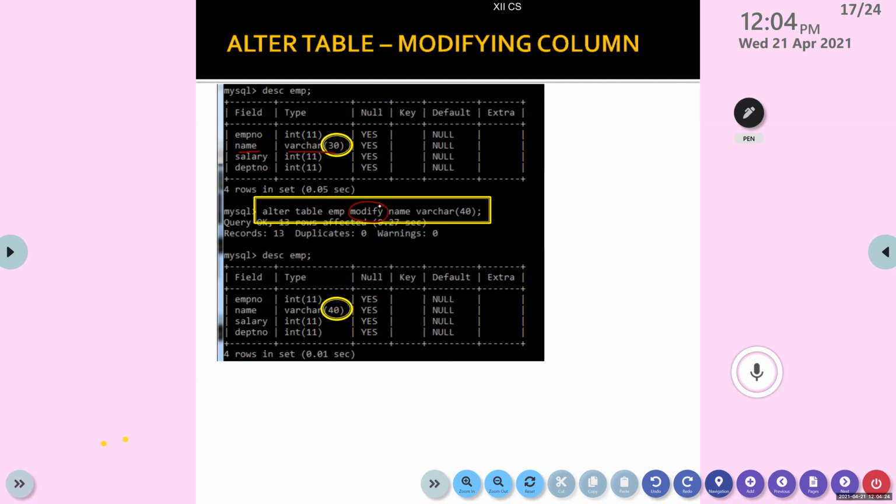What is that? Vithul? Name varchar 40. It changed to 40, highlighted with yellow color. Previously it was 30, now it changed to 40. In order to confirm that, the describe table command is used, okay?